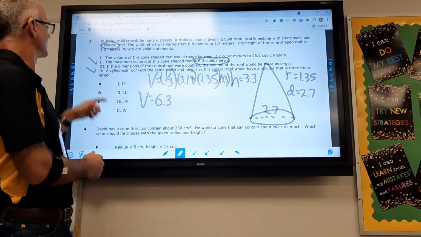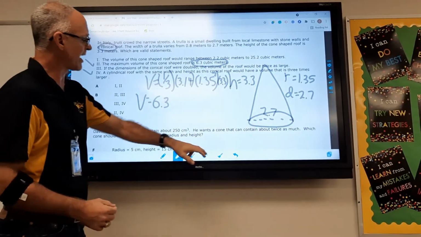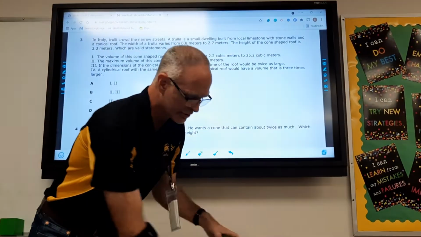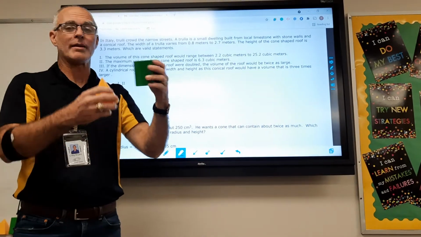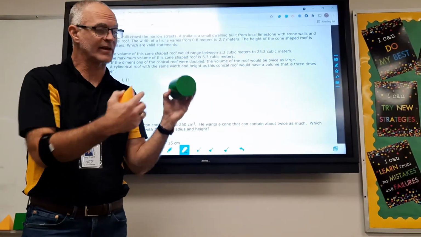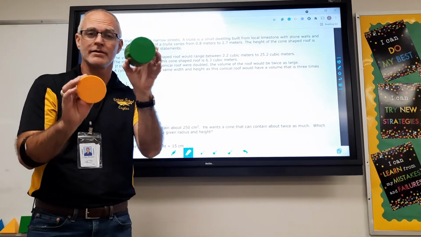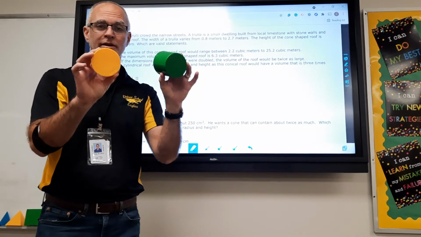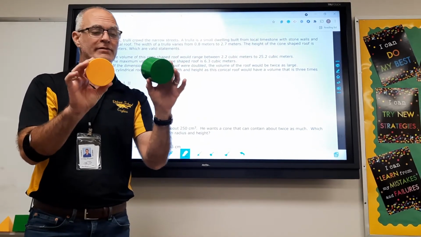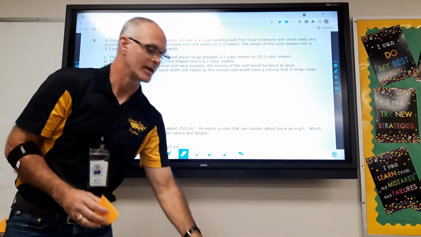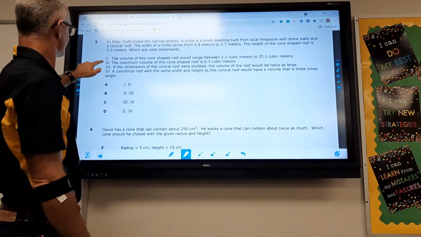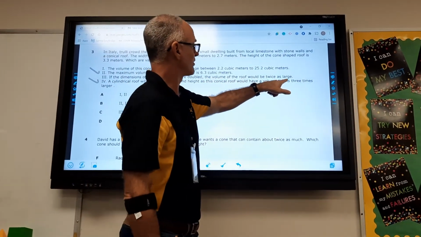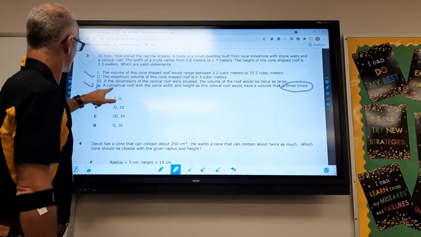Number 4, a cylindrical roof with the same width and height as the conical roof. So now they're talking about a cylinder with the same height and the same width, which means the same diameter. So like this, the base of this cylinder and the base of this cone are the same size. That's what they're telling us. They have the same width, the same diameter, and the same height. Then the cylindrical roof would have a volume that is 3 times larger,